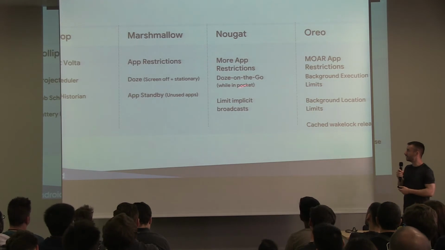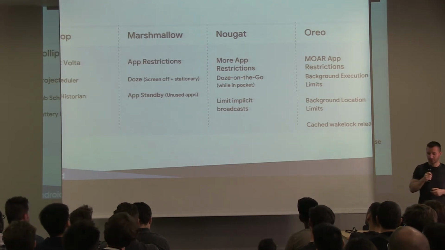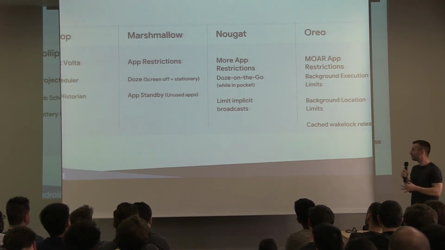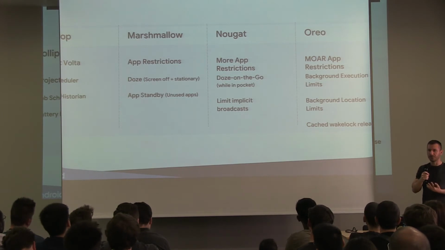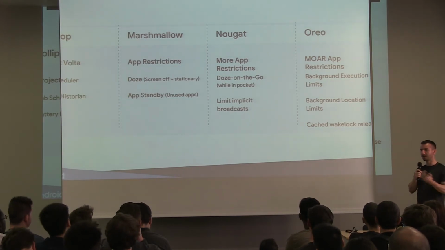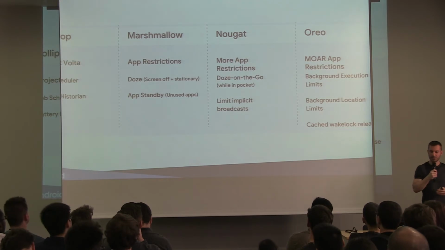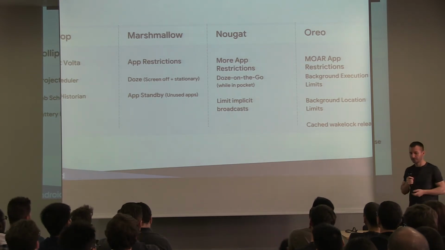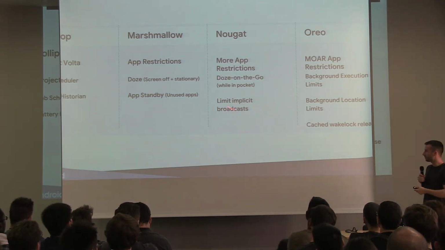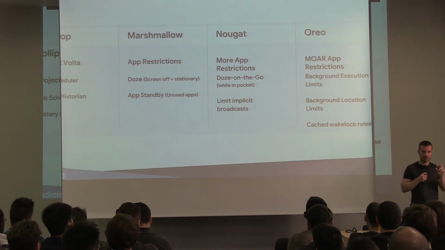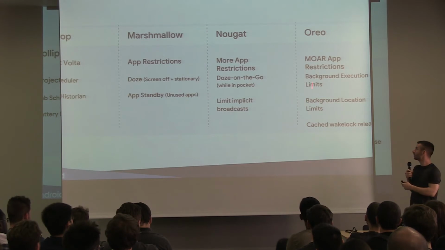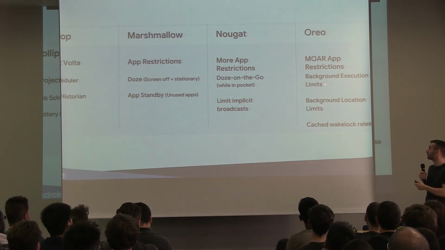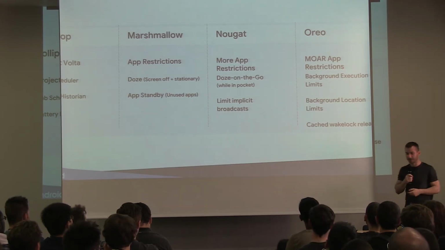And then even deeper, those on the go limit what your apps can do in the background and drain battery. Like they limit network access, or they don't let apps wake up the device as often, which we also did with limiting implicit broadcasts, like running apps whenever a photo is taken. And then in Oreo, we're introducing more restrictions, like background execution limits.